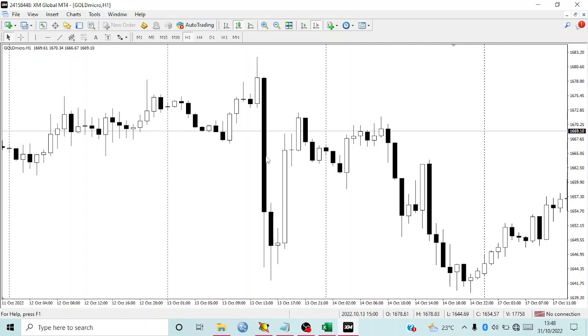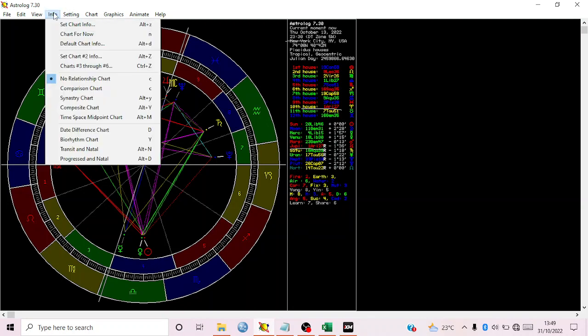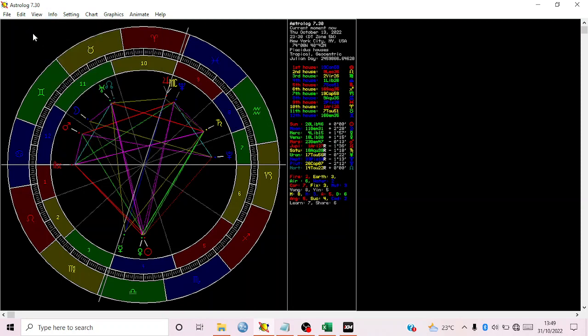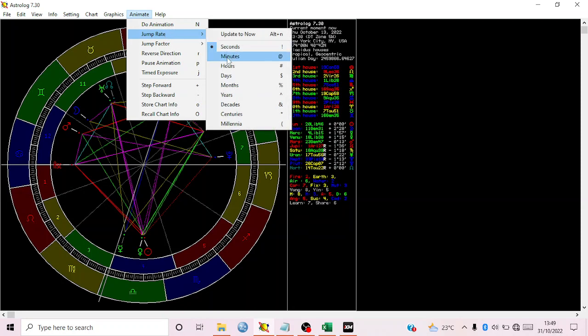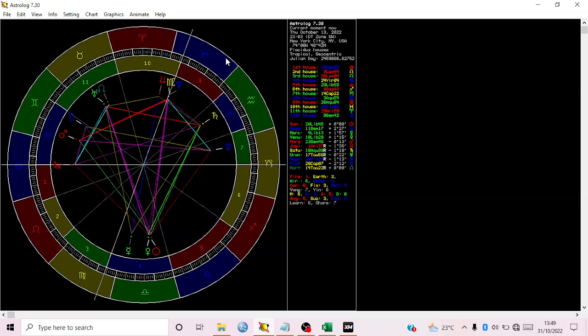But would have been an hour late, right? Okay. So what I would suggest people do is if we go to the transit itself. Okay. So what I would suggest is that the transits